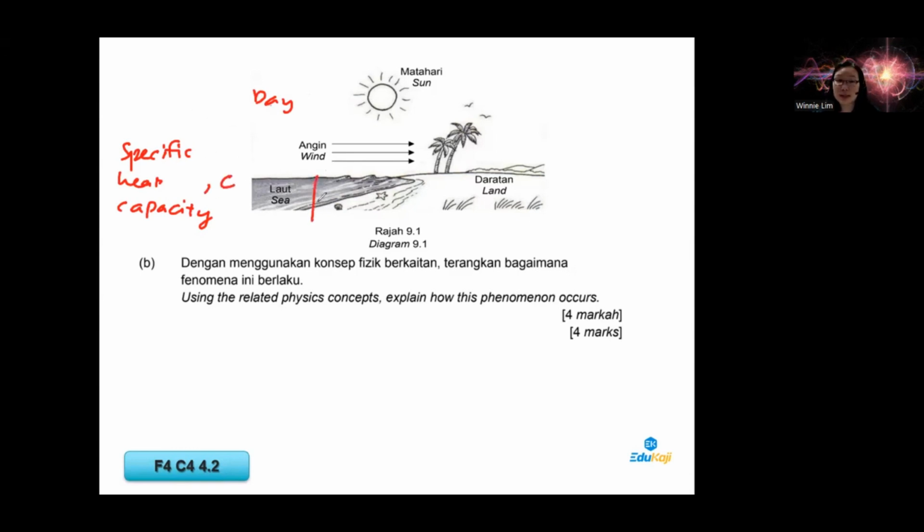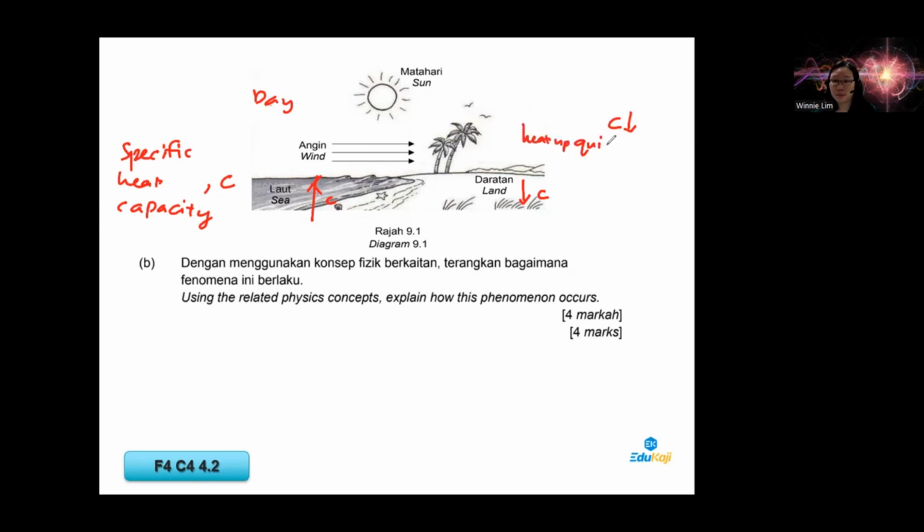Generally, sea has a high specific heat capacity, but land has a low specific heat capacity. So what is the meaning of specific heat capacity? The amount of heat needed to increase the temperature of 1 kg of a substance by 1 degree Celsius, which means if the value is small, simple concept,